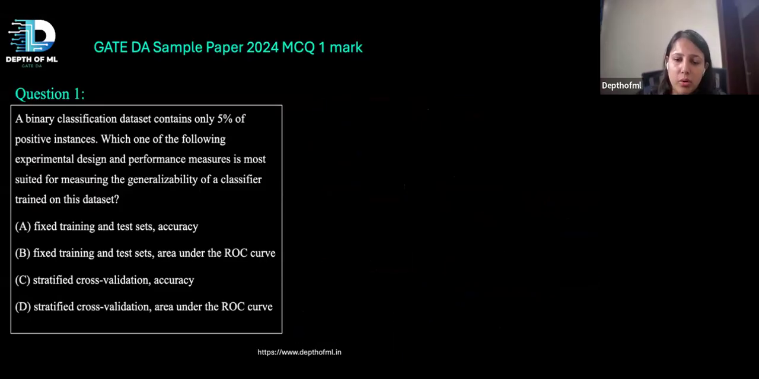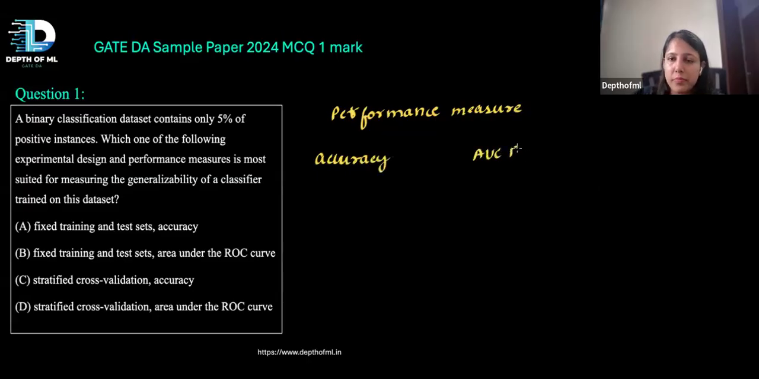Okay. Now let's look at the other option for your performance measure. What is a better option? We have accuracy and AUC ROC curve. Which one is better? With accuracy, the issue is that it doesn't take care of false positives